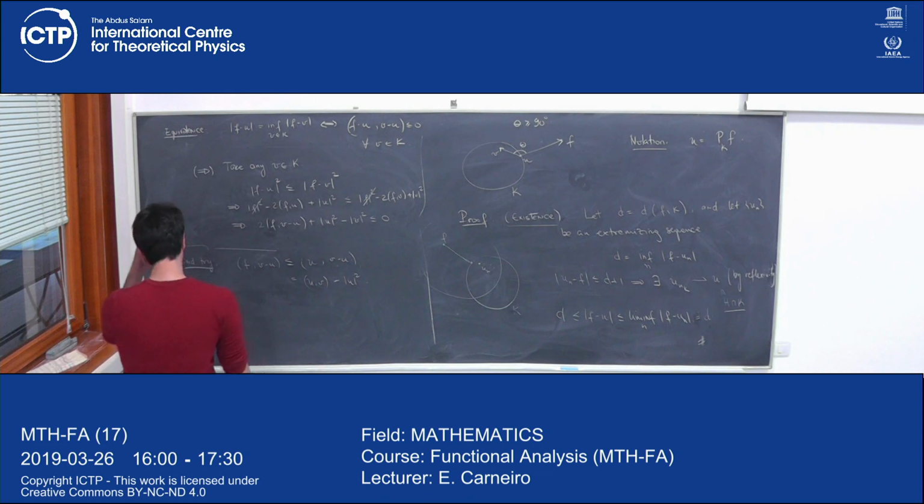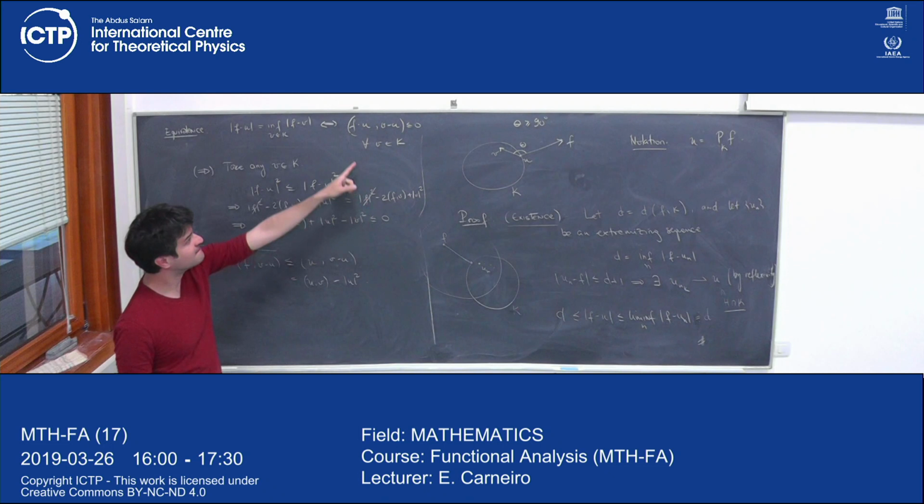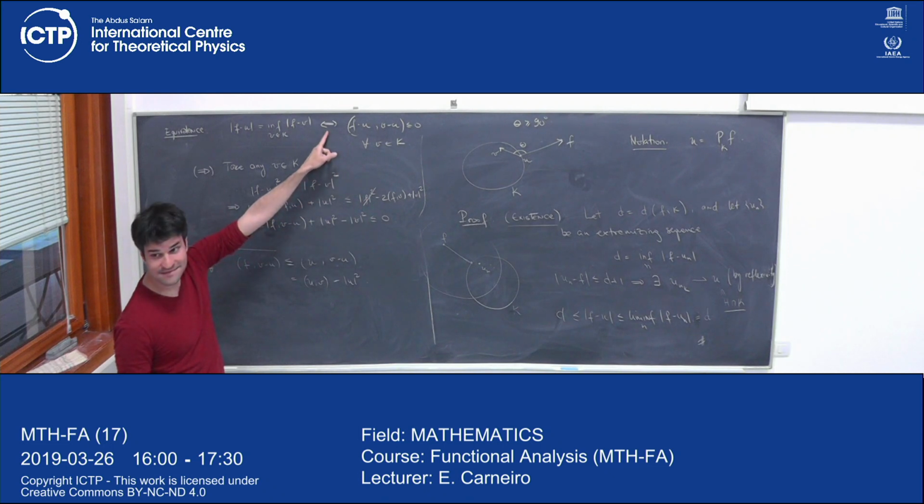I'm almost there. This is the equality case of the Cauchy-Schwarz inequality, this condition. This is because if we take f minus u and f minus u must... which one? This one? No, the condition is this one, this one on the right-hand side. This is the equality case of